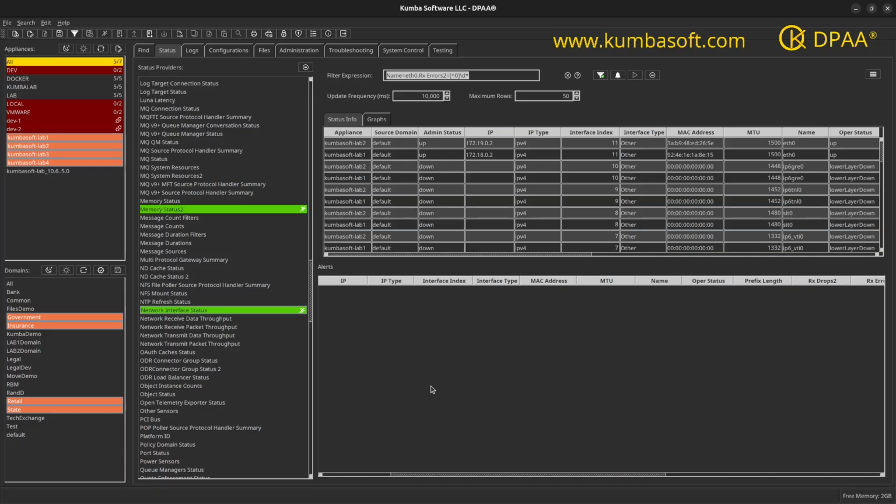So those are the two new features we added to this version of